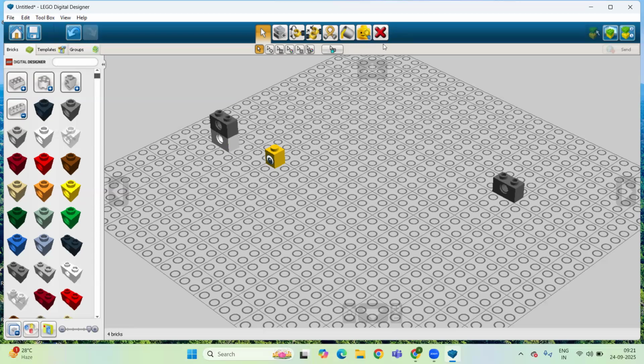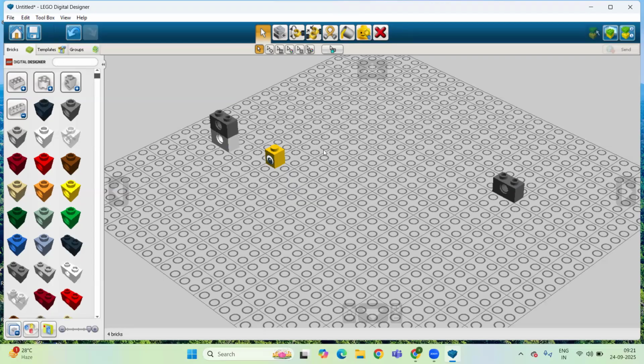You can go with this delete tool also, you can go with the delete key also. So this is the functionality of the delete tool. Now, if I'm talking about the next one, that is the hide tool. So we will discuss first what is the functionality, what is the purpose, what is the role of this hide